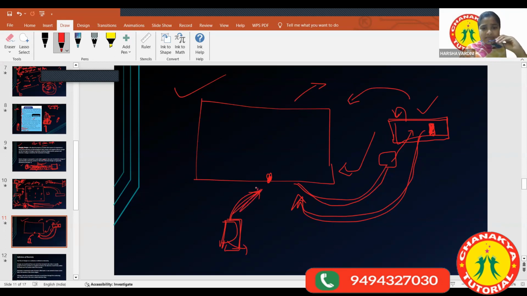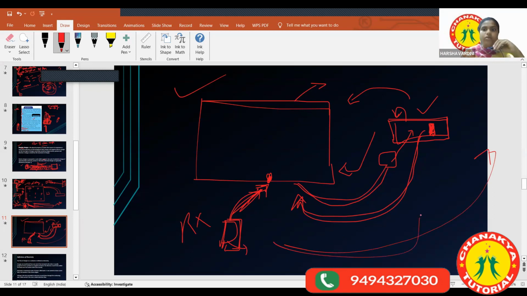And why is this mechanism there? It is for human beings. Whenever you want, wherever you are, you can use your remote and click on the front of the TV to switch it on. Or else, if the remote mechanism were not there, every time you would have to go to the switch box and switch on the TV, and whenever you want to switch off, go again to the switch box, right? So when you have a remote, you don't have to go near the switch box every time and switch off the TV